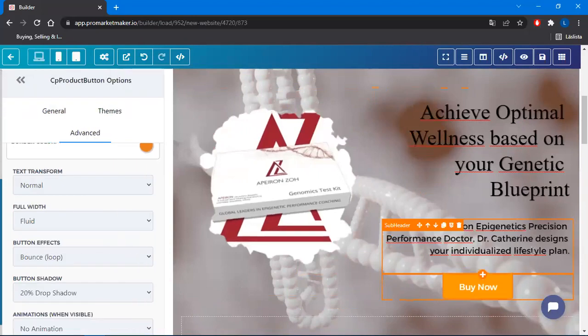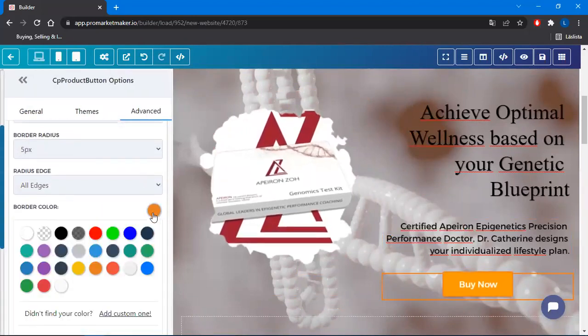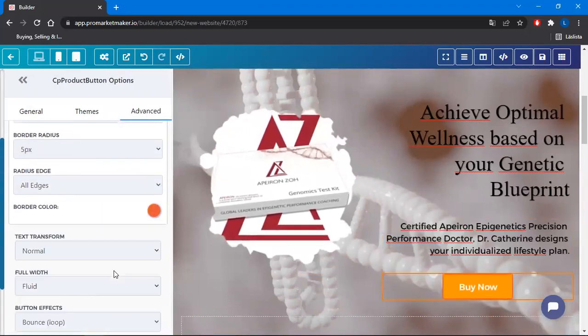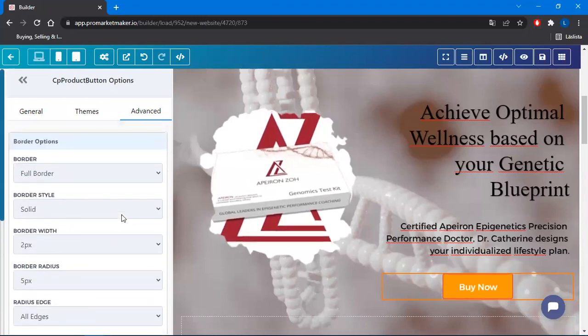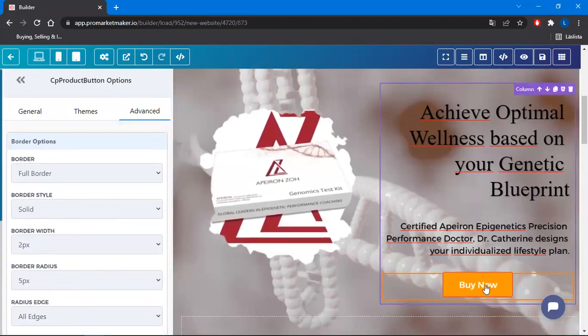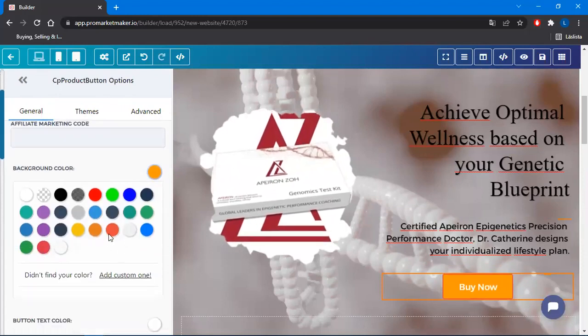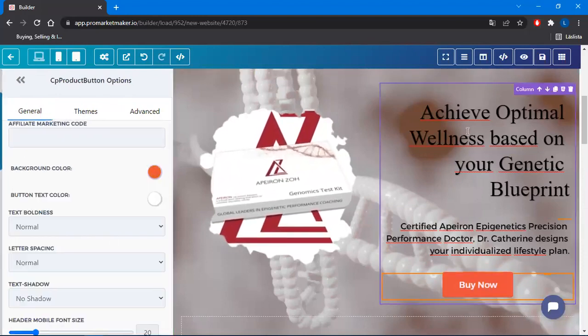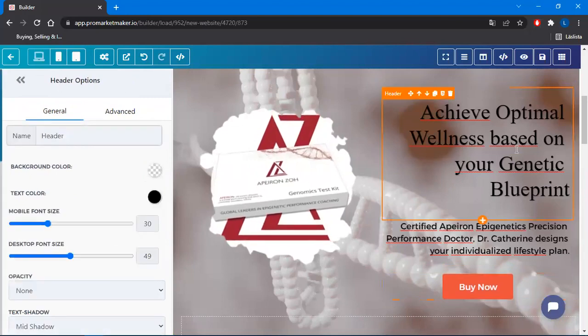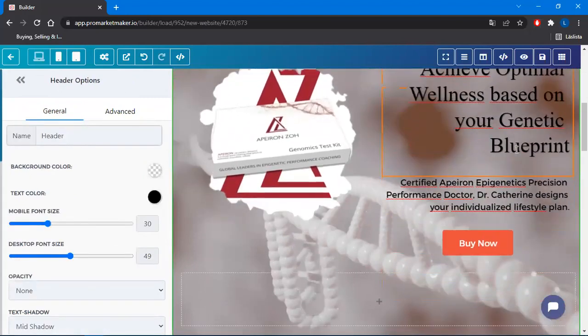Maybe the color is not so nice here. So we'll change that to, no, that's the border color. Something like that, for example, right? Now,